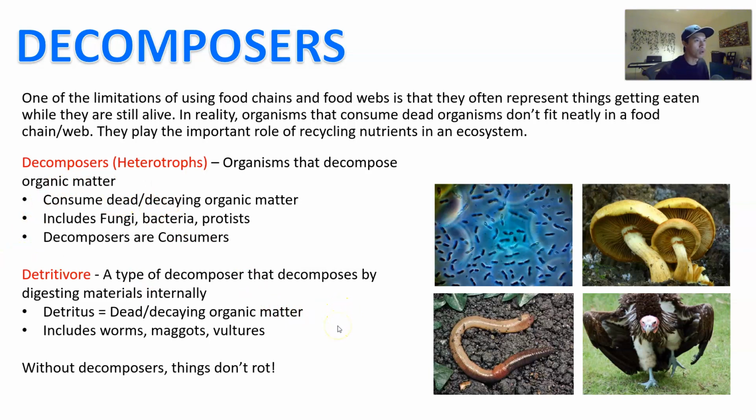Basically, without decomposers, things don't rot. Now, it's so intuitive that we often think that when something dies, it's going to naturally rot. But the only reason why something rots is because the cells in it are dead, it spills and it breaks, and then something is going to consume and eat it, and that thing that's consuming and eating it is going to remove all of that from the environment. If you don't have that decomposer, that thing that's dead is going to just stay there as a pile of mush, but it's never going to disappear and rot and stink up and so forth because of it. Okay.